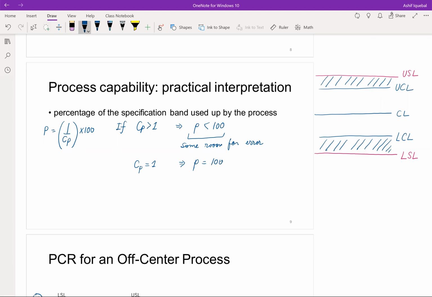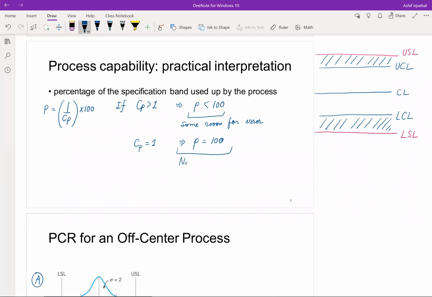In this case, you can see that your control limits and your specification limits would overlap with each other, and you have no room for error. People typically use this value of capital P in industrial applications to see if they have some room for error or not. So to write this down a little bit more formally,